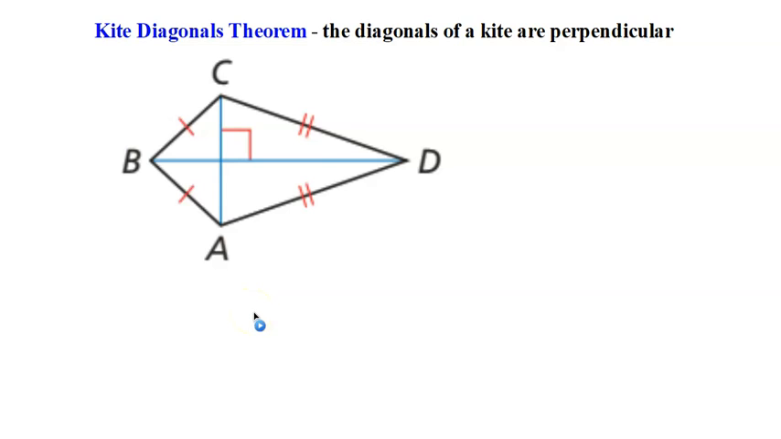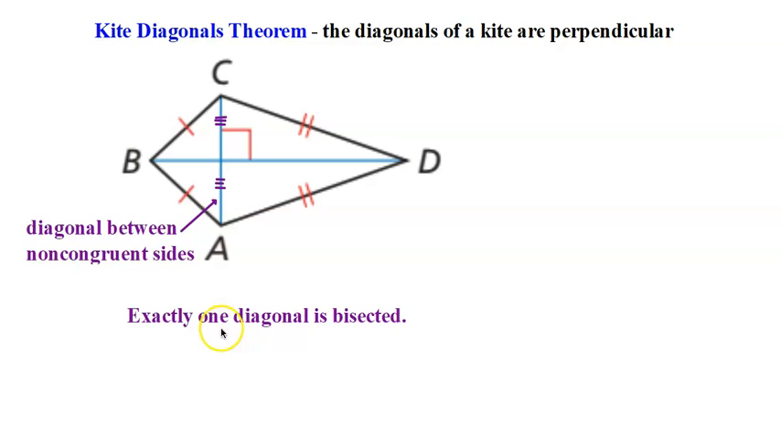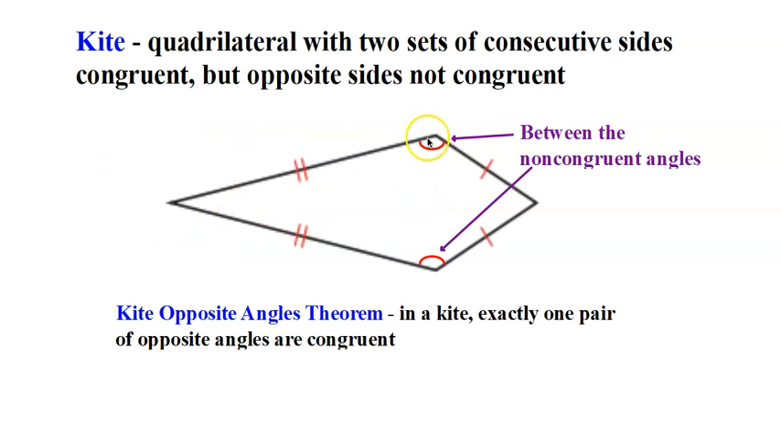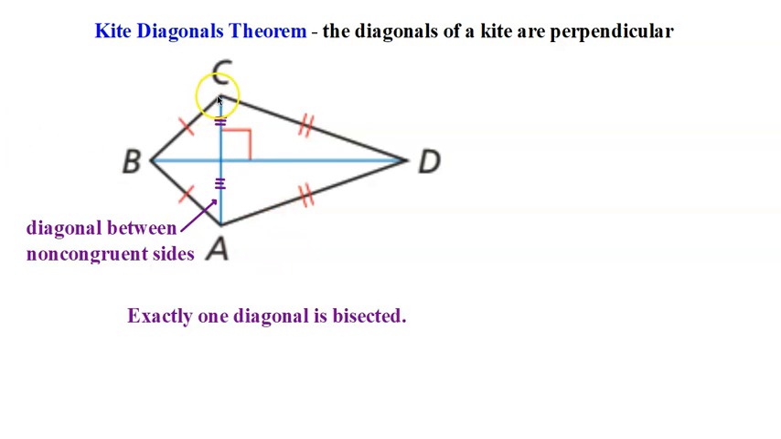Now, a couple other things about the diagonals. Not only are they perpendicular, but there will be exactly one diagonal that gets bisected. All right, so here CA is bisected by BD. And the thing is, the diagonal that gets bisected will always be the diagonal that is between the non-congruent sides. So this is the diagonal that connects the congruent angles. All right. The diagonal that connects the congruent angles is the one that gets cut in half by the other